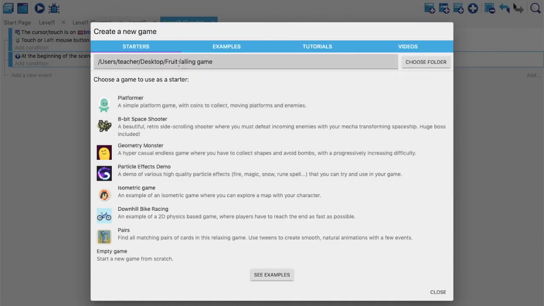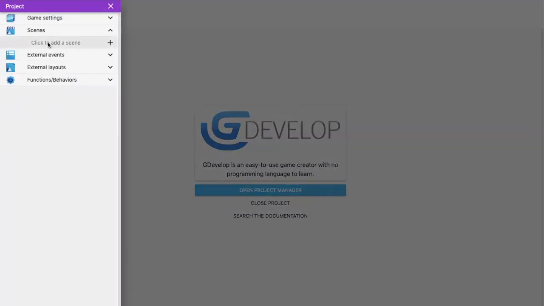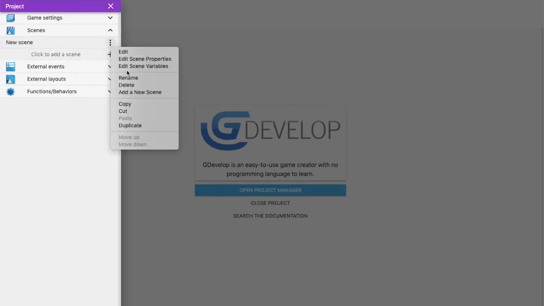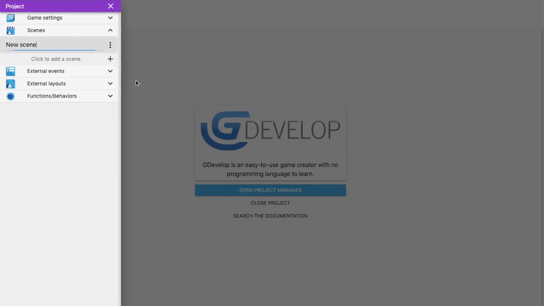So now as you see it will save in that folder, an empty game, because I want to create everything from scratch in this game. And as you see it says click to add a new scene. There's no scene right now. I'm going to rename this to, let's say, main scene for now. We can always change it later on, unless we have coded for changing the scene, and we then have to rename this also. So main, yeah, I think I'm going to keep it like that.